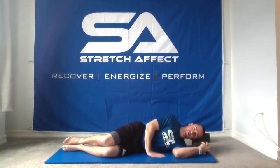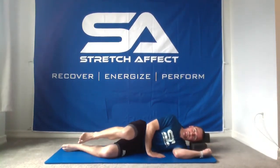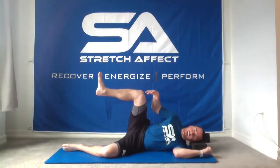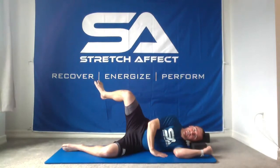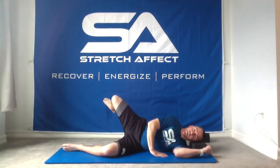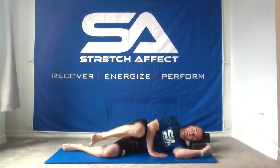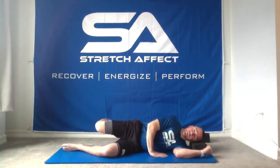From here, I'll do 2 hip CARs. So I'm going to come up into hip flexion, open up, abduction, internal rotation. Right foot rotates to the wall behind me. I extend that hip, right, drive that heel back, come around and through, and reverse. Foot rotates back,